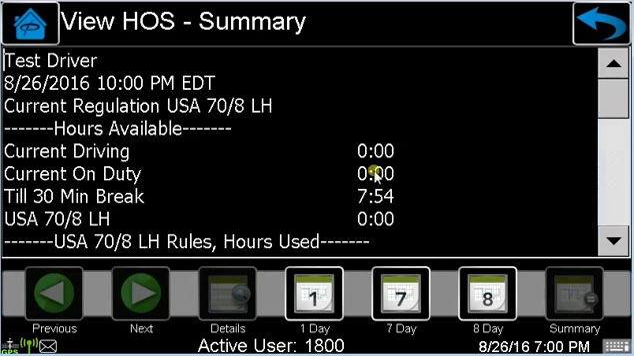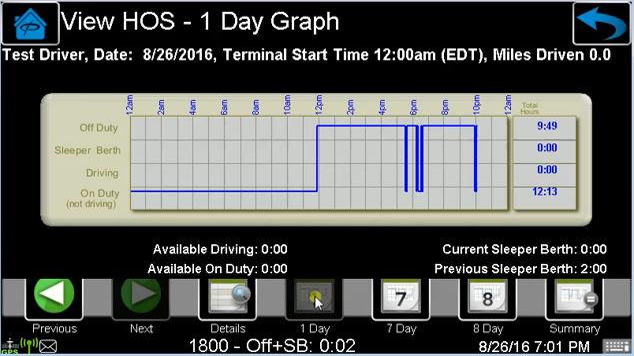This main Roadside screen is also the screen that you should pull up if you have a roadside inspection, a DOT inspection. It's the location where the DOT officer can see the easiest that you have available time. The 1 day graph is also a screen that they may want to see. So from here I'm going to go back to the home screen